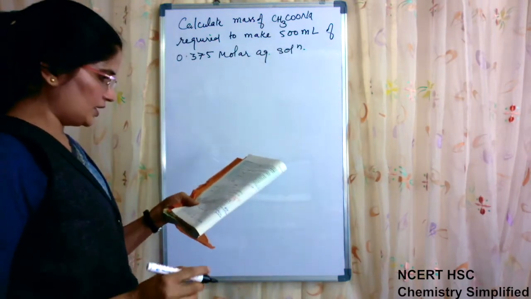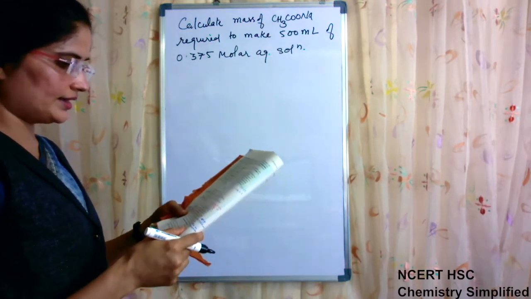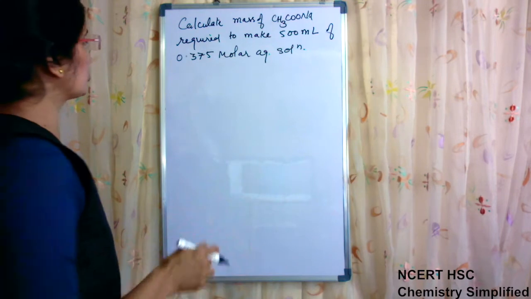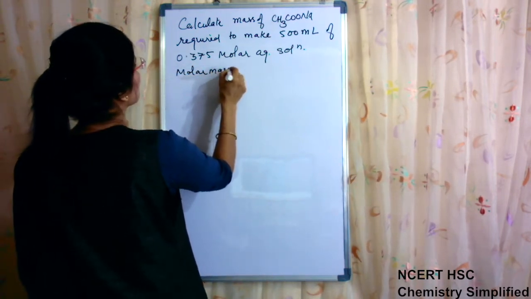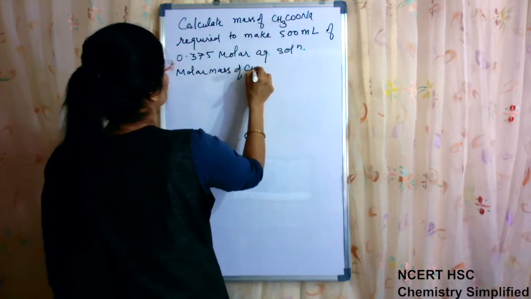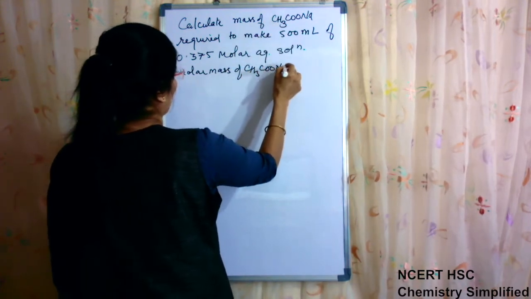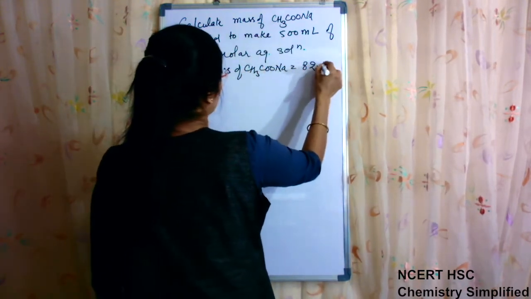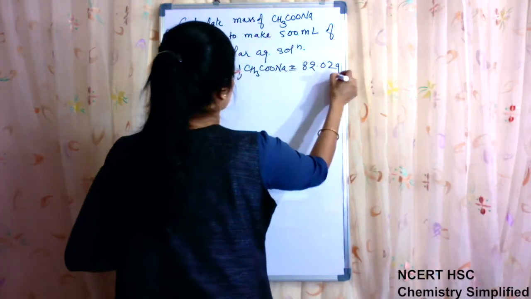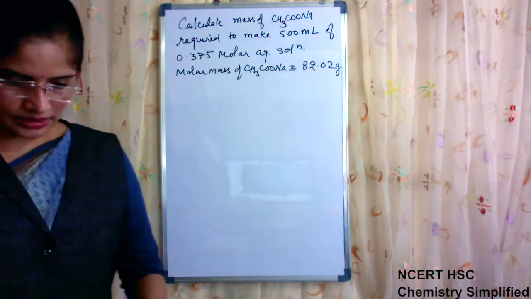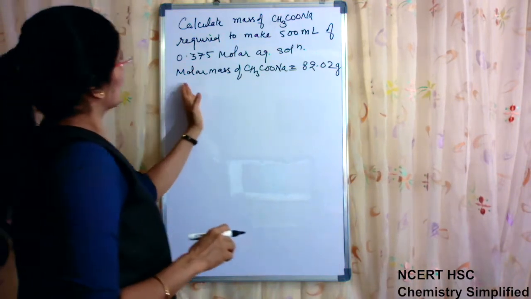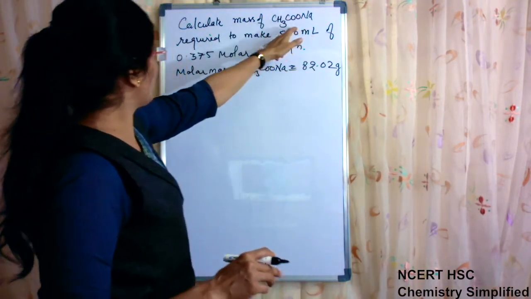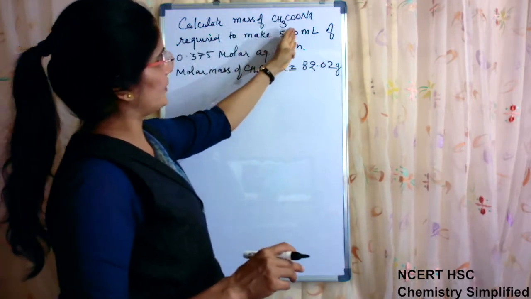The molar mass of sodium acetate, CH3COONa, is given as 82.02 grams. Okay. Now calculate the mass of sodium acetate required to make 500 ml of